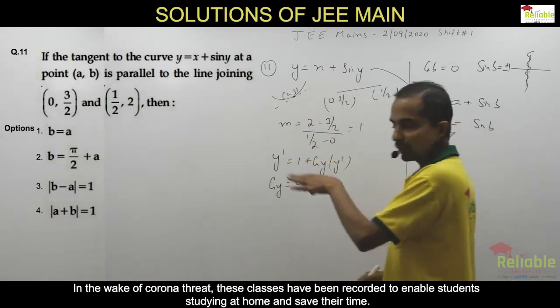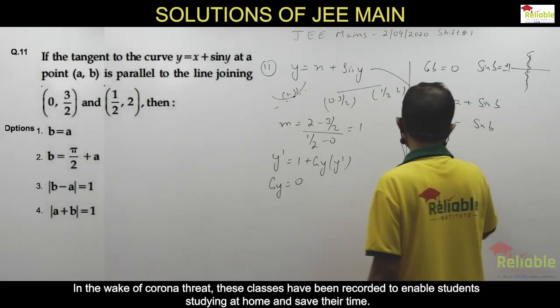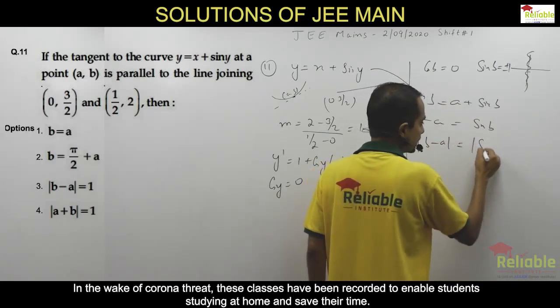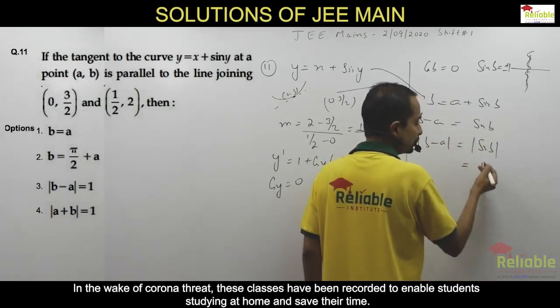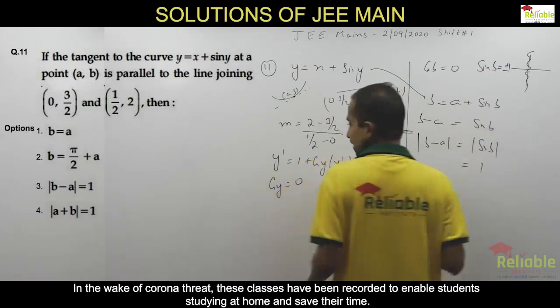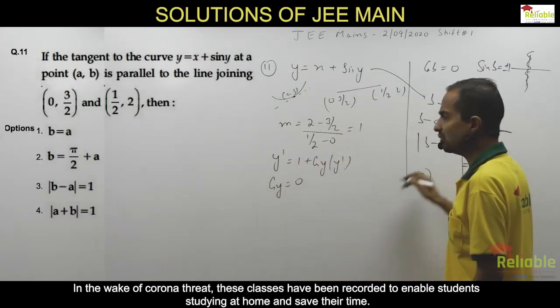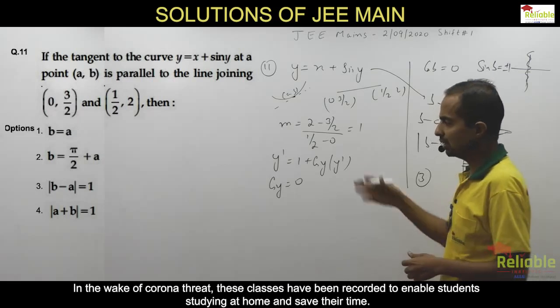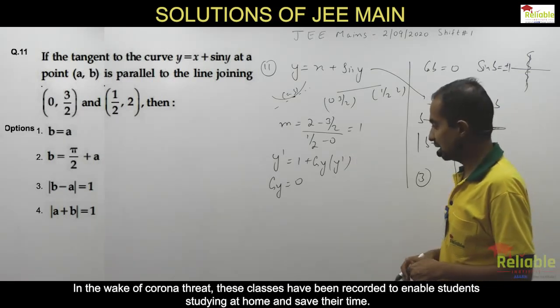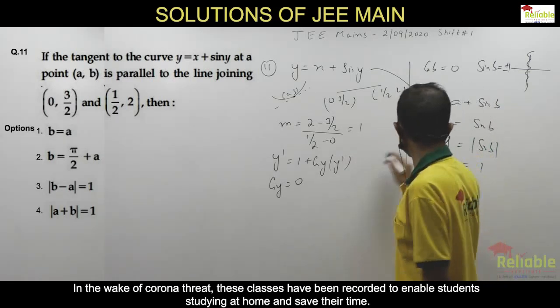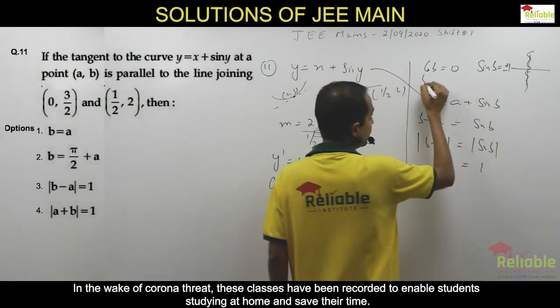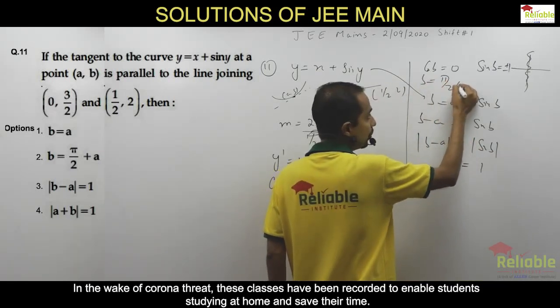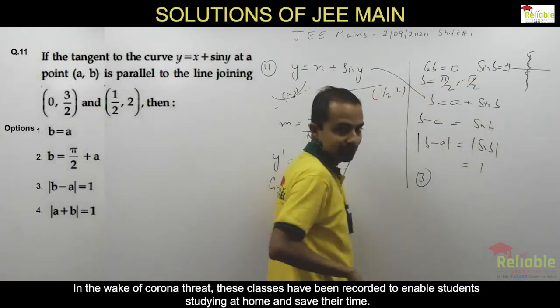And there are 4 choices given. You can see the third one. The third choice is mod sin B, which is for sure modulus is going to be 1. So that's your third choice. Now let's have a look at the other choices as well. Now why not B is equal to A? Let's explore it. When cos B is equal to 0, now B could be either pi by 2 or it could have been minus pi by 2, right?